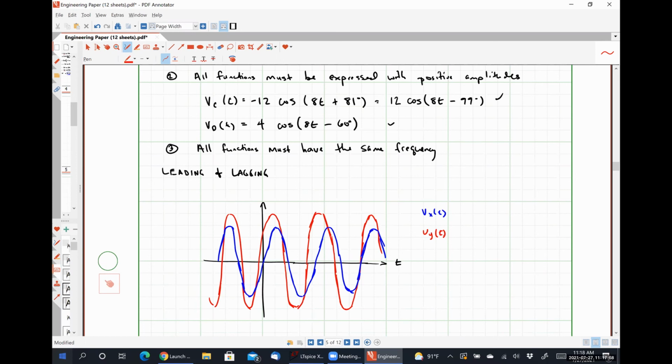If we compare the peak values that are closest to each other, we can see that the red curve has its peak earlier in time than the blue curve, right? It happens for a lower value of t. So what we would say is that Vy of t leads Vx of t. This is because its peak value occurs earlier, or alternatively, we could say,